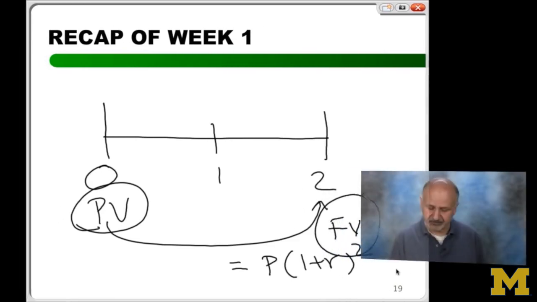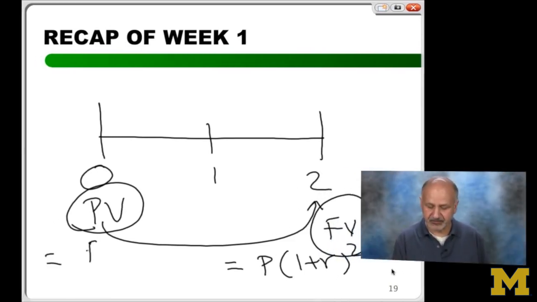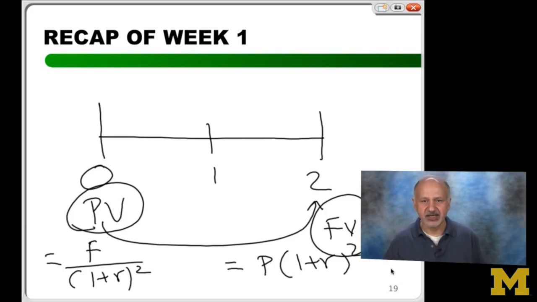So what is PV? Well, PV is pretty straightforward. It's the future value, in this case, divided by 1 plus R raised to power 2. And you can recognize how similar the two are. One is like looking at yourself in a mirror, and that's what I like about finance, it's very logical. I warn you again though, all the answers that you're going to get are wrong. So the process is right, the answers are wrong. And the reason the answers are wrong is because you're worrying about the future, not the past.